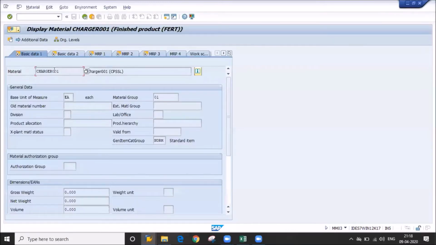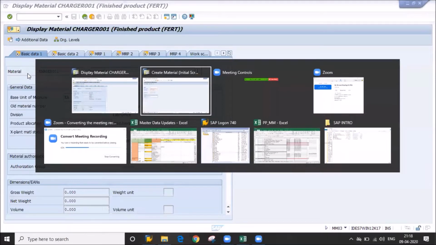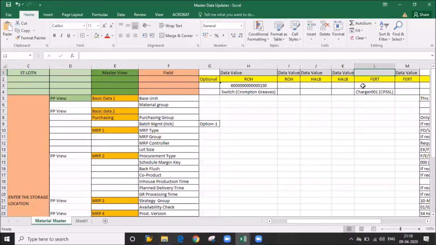This material is created, and this is your description. Okay, so our raw material is created and our finished item is created. Understood?